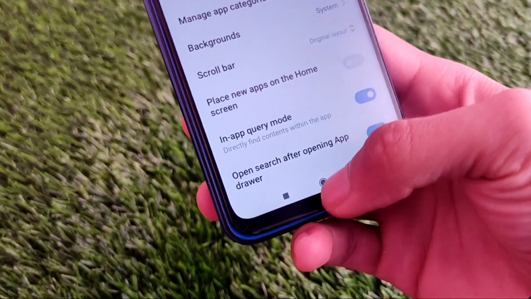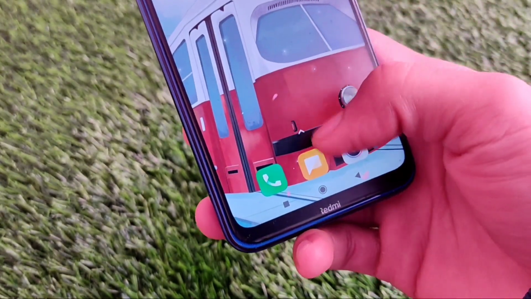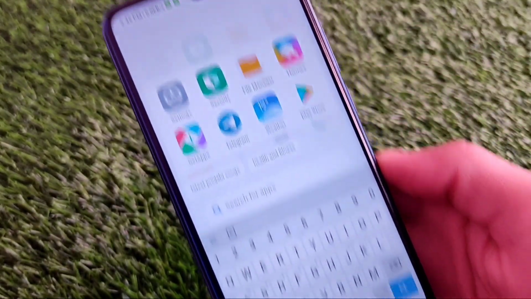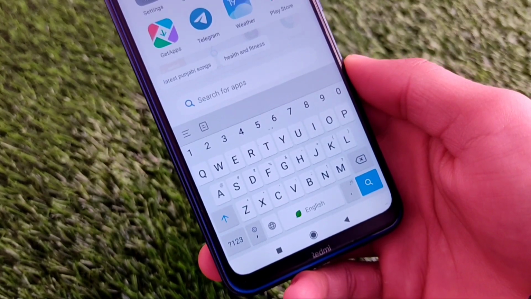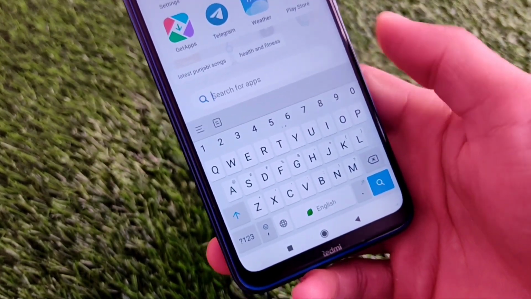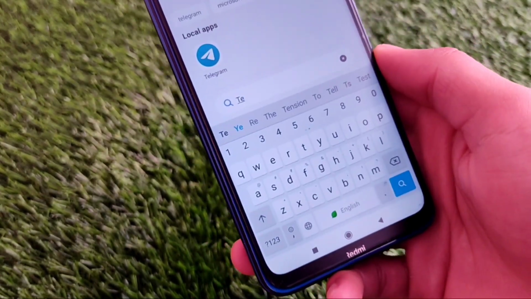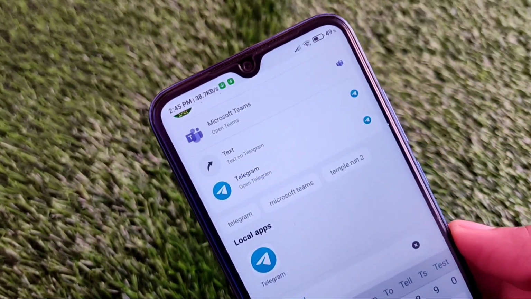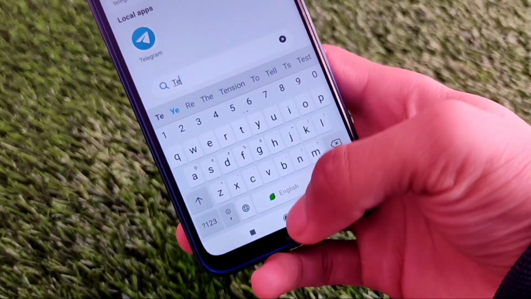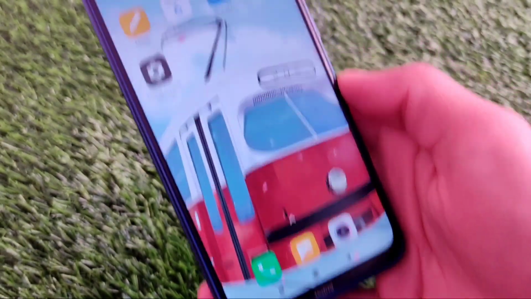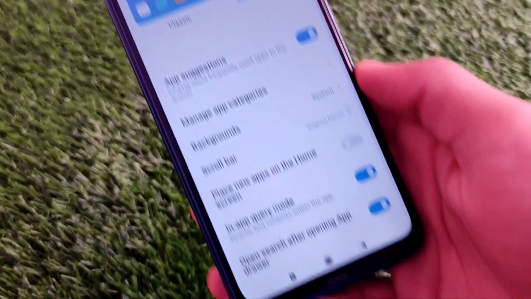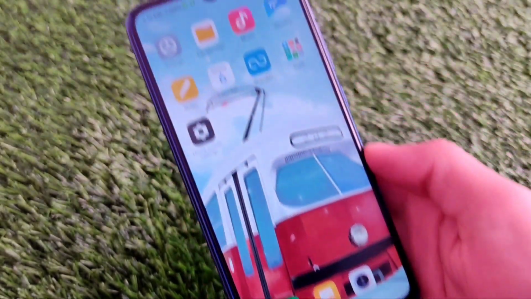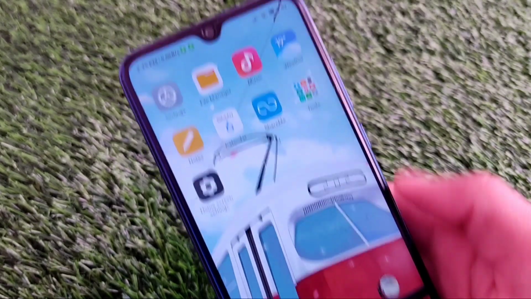What is this? Let me enable it once and show you. Just open up your swipe drawer. It will directly open up this search bar after opening the app drawer if you enable that option. So this is not looking great, but it's working fine. And this is the advanced search which I was showing you. I searched TE and it showed Telegram, Microsoft, and other kinds of suggestions also. This is great here. I just don't want to use the open search, but it's great. This is a great update which you can give a try if you want to.